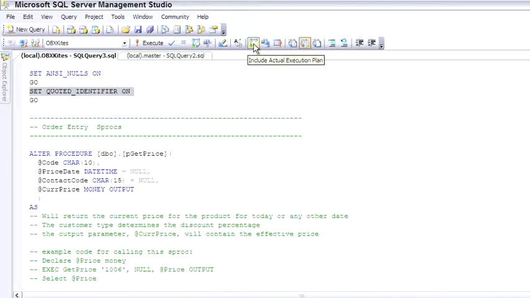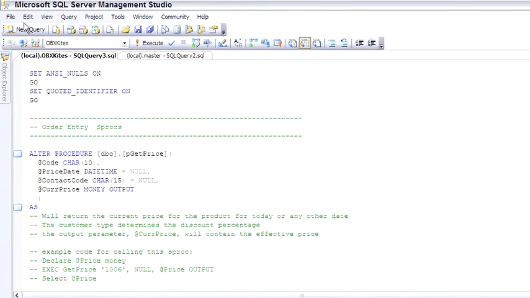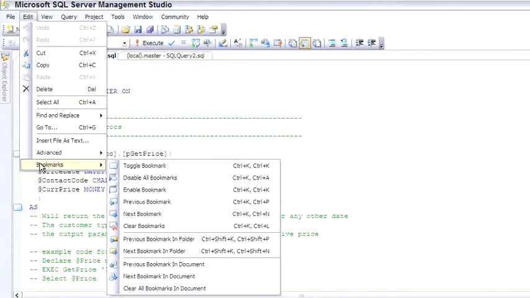New to the query editor is a whole series of bookmark and Control K features. So let me come down and select a line, and then Control K places a bookmark there. Let me come down, place another bookmark, just another location, only for purposes of showing you the bookmark. Control KN then moves to the next bookmark. There's a whole series of K commands. You can find them listed down here in the menu, as far as toggling bookmarks, enabling them, moving the next